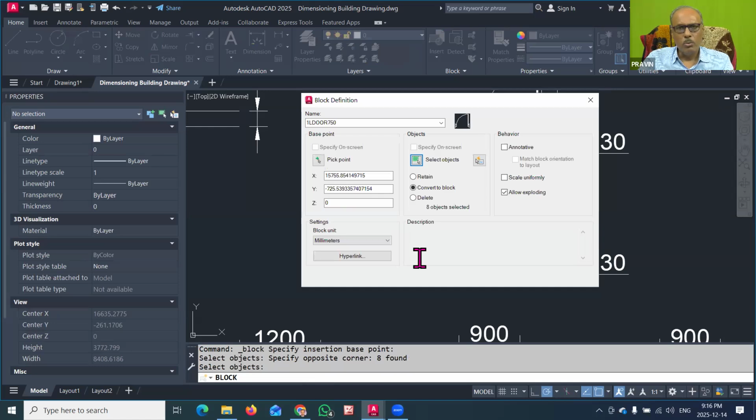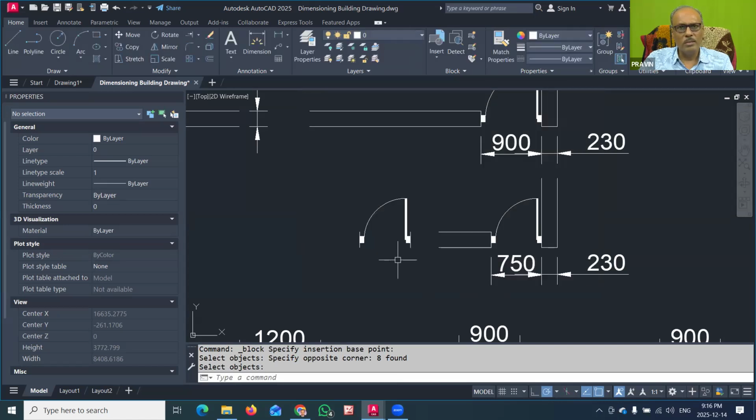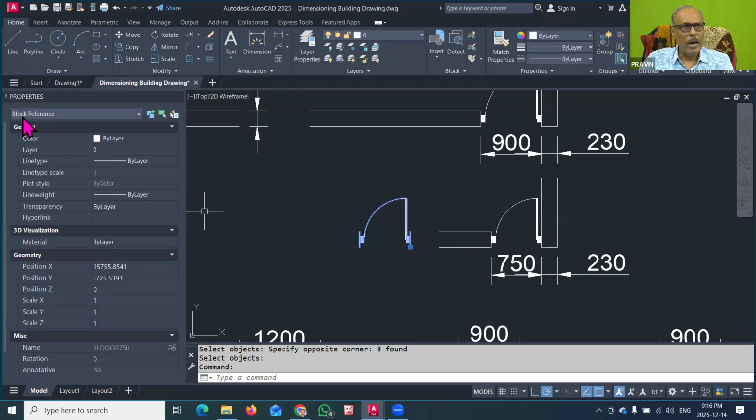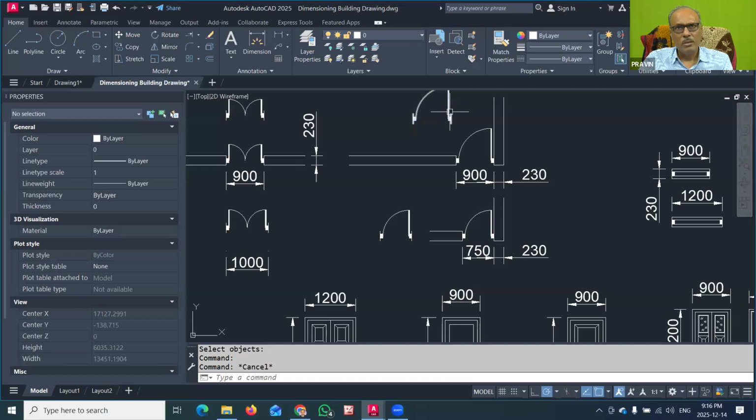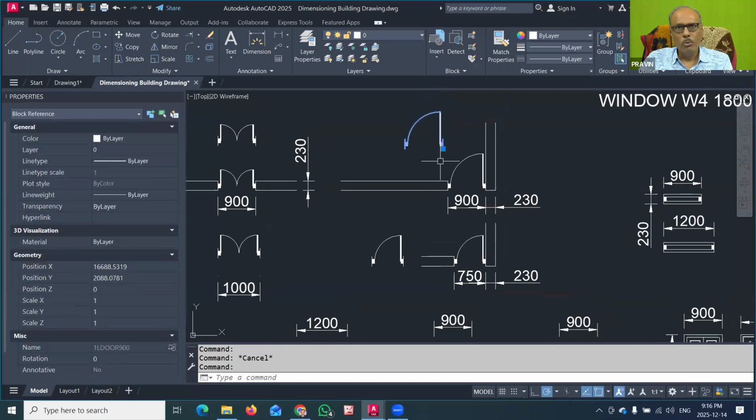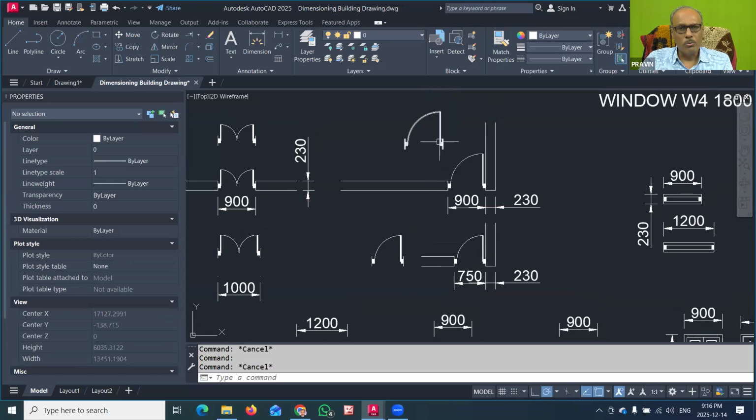Press enter to proceed and click OK. So convert to block, so this was also converted. You can see that by selecting this, it has only one grip point, and in the property panel it indicates that it is a block reference. Similarly this one was also converted to a block. In this way you can create the block definition.